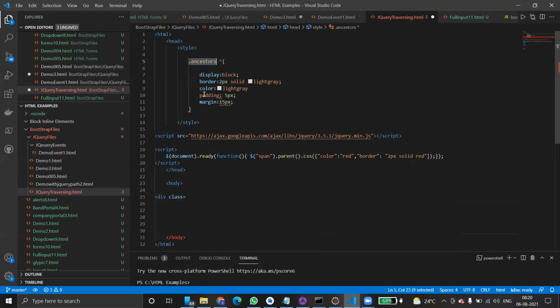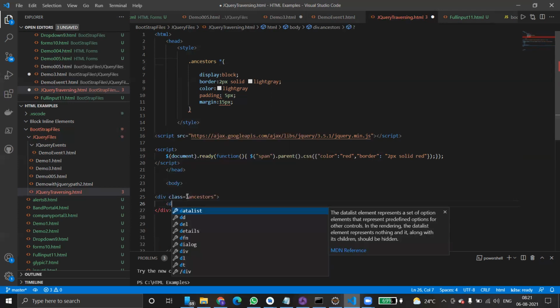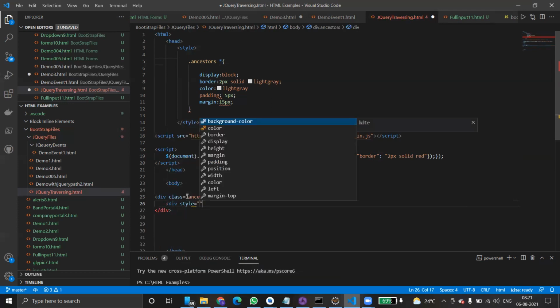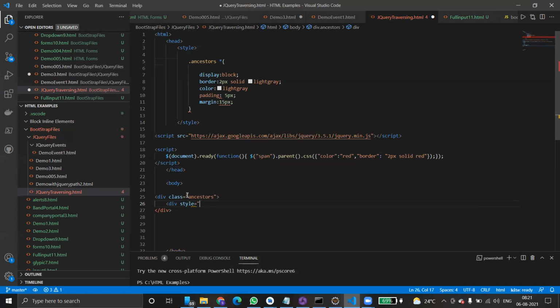Just copy this, Control C, Control V. Ancestors. Then inside the div again we have one more div, and this time we have a style. The style equals to, we're just using